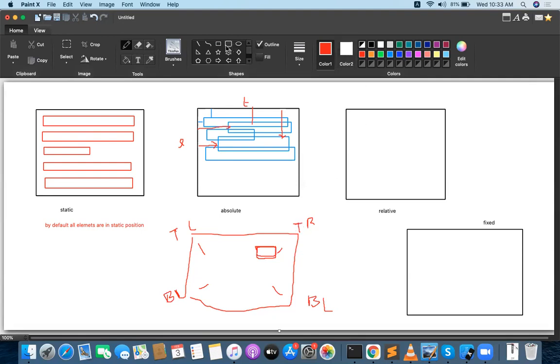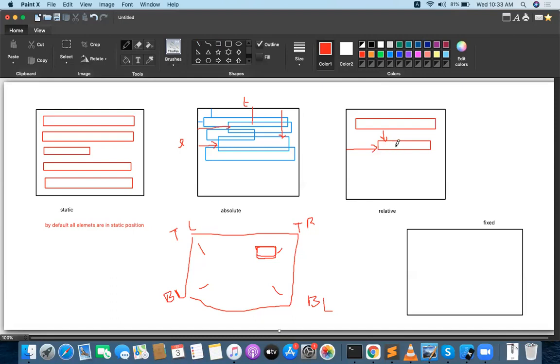And coming to the relative position, how are the elements placed? For example, this is my first element. For the second element, I am applying the top and left values, but the top and left values are taken from the adjacent element, not from the body. Why? Because this is a relative element. Relative means relative to the adjacent element.